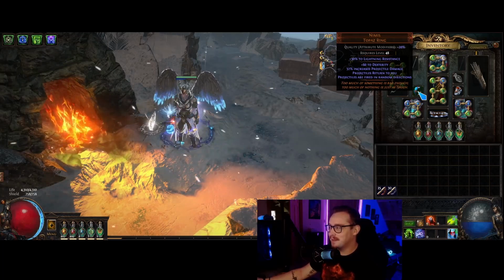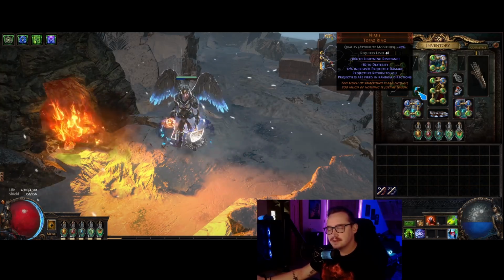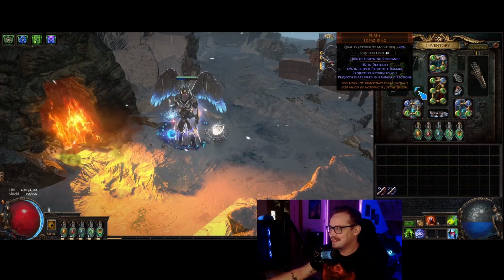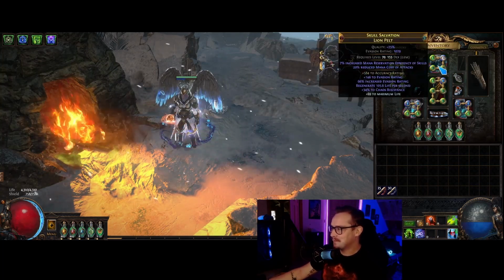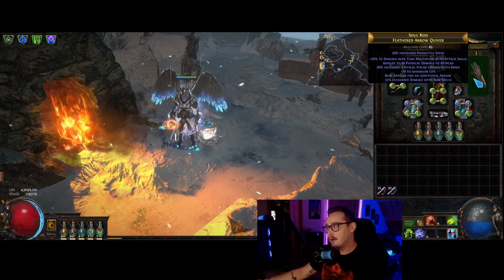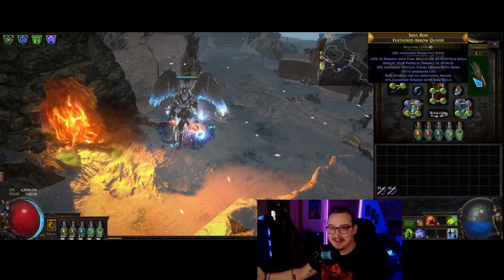I'm absolutely obsessed with this item. I think it's one of the most fun things that have been added to this game because it interacts with so many skills in so many fun ways. I really can't stop using it. So we're using it here to make our projectiles fire randomly. We got an additional arrow on our bow. The more arrows you get, the more coverage you get, the more likely you are to hit a boss,